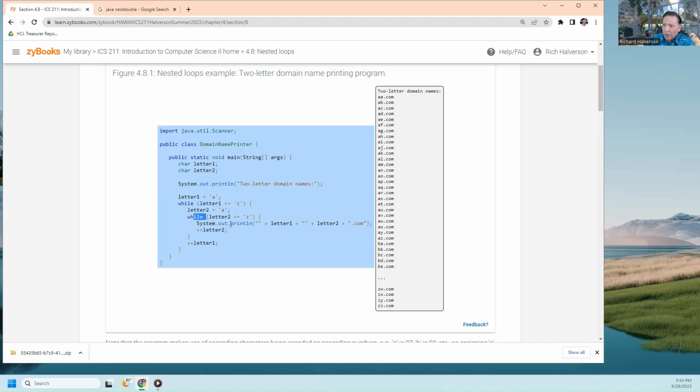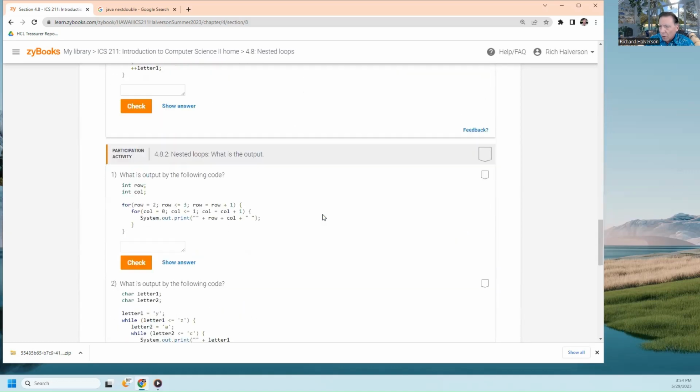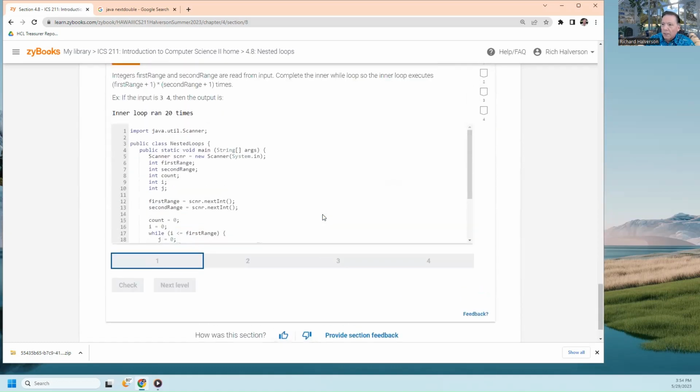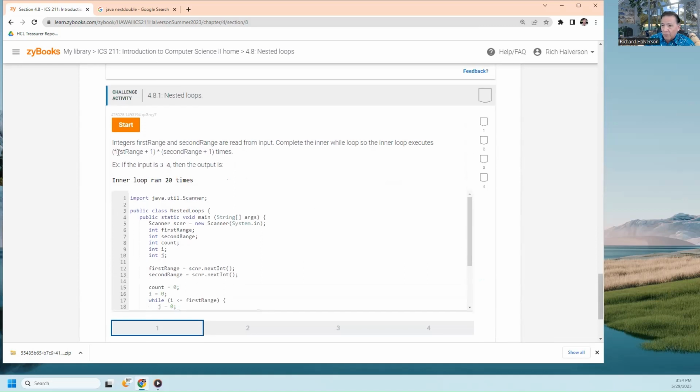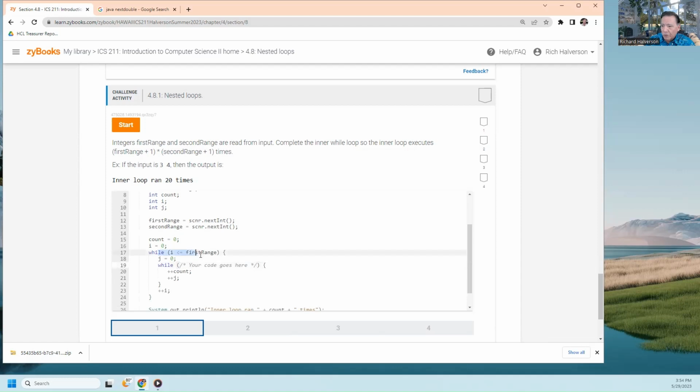So you count that way. You multiply them together. That's why they simply say we have an outer loop, where I goes from 0 to first range, and then inside J goes from 0 to second range. And if this is correct, and it actually does go first range plus 1 times,